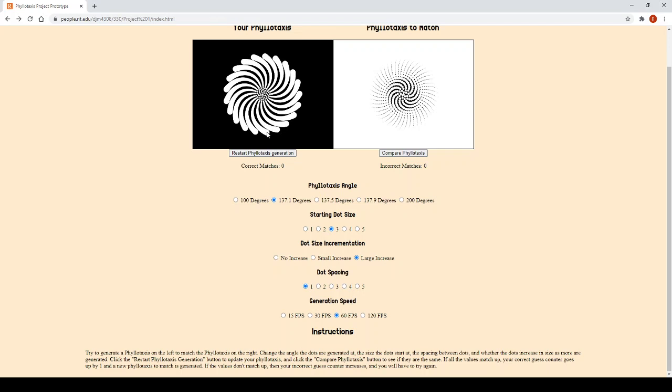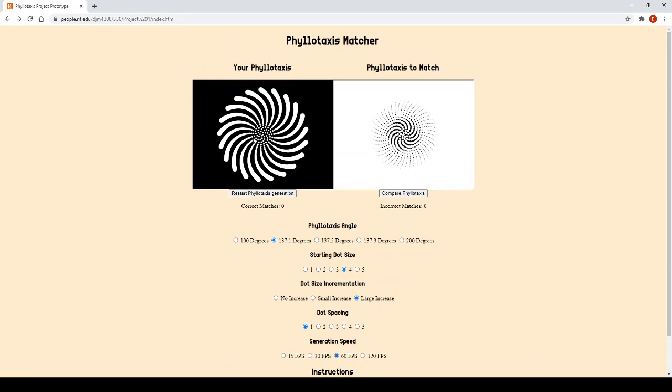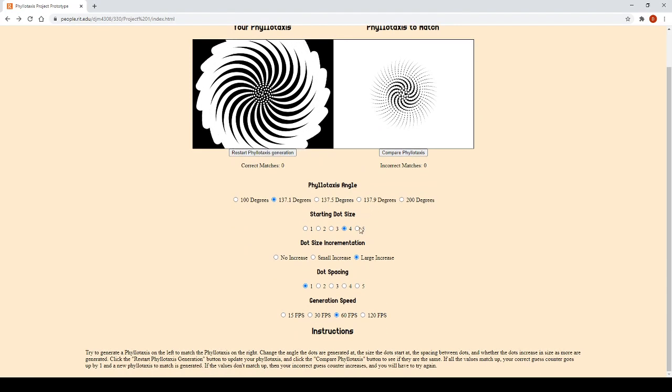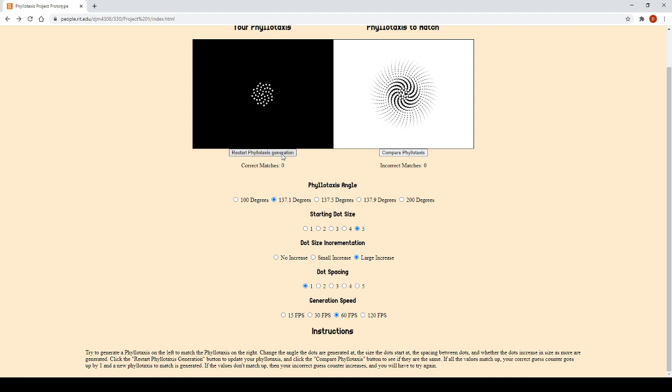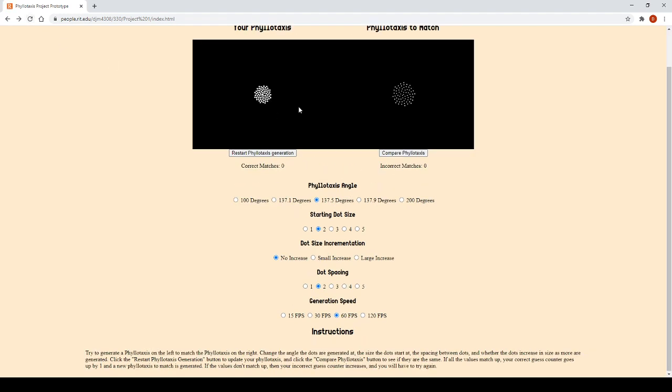Oh, actually, we might have found the one from that previous one. So the big part of this project is just being able to generate a bunch of different Phyllotaxis things and being able to compare them to another one. I'm having a little trouble with it right now. I apologize. But if I was able to get something that was similar to what I had,